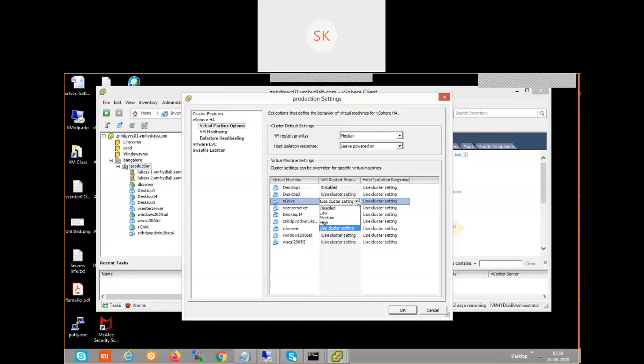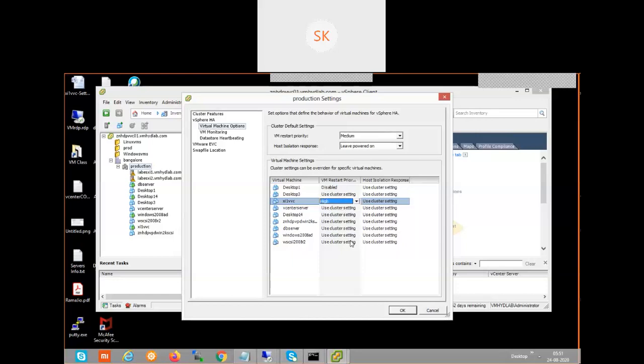This is a very critical VM for my environment. It could be a DB server, it could be anything. So what I'm going to choose here is high, because this is a priority VM. If an ESXi host goes down, wherever this VM is running, I'm setting vSphere HA in such a way that this VM is my requirement: high, very critical, important. This server should run, so I'm going to give it a priority. First, this server is going to restart on the destination ESXi host. Select high.